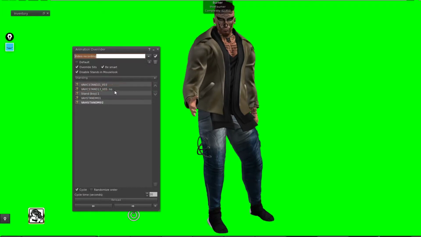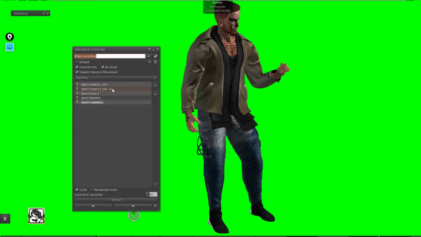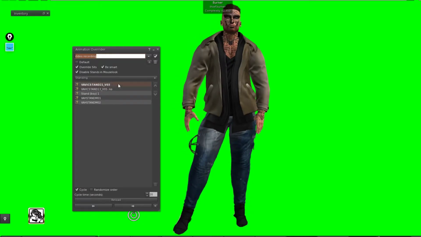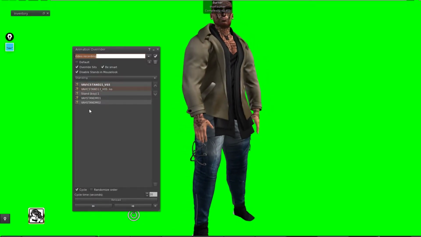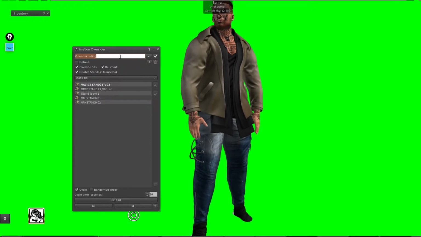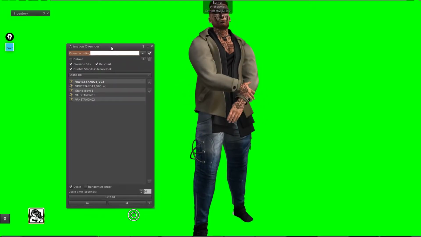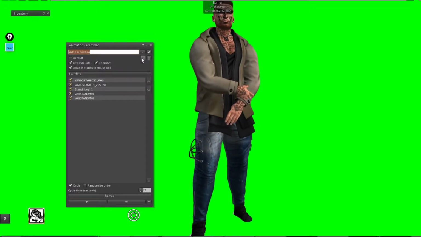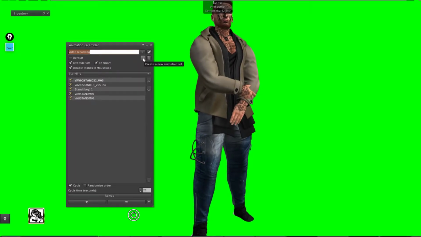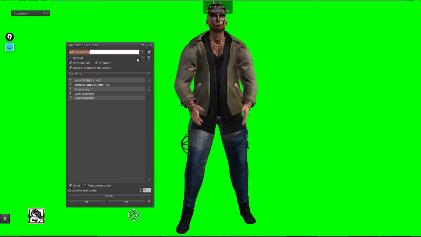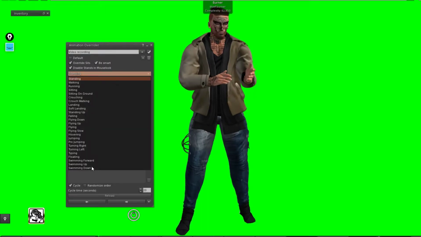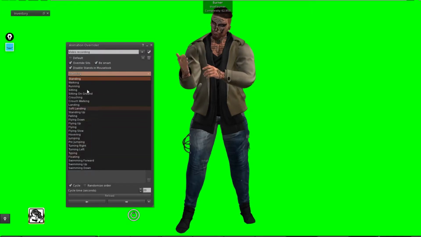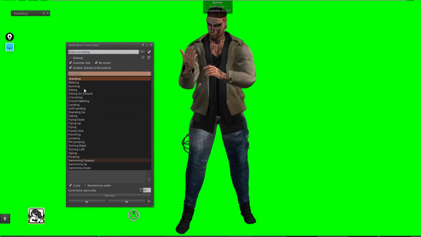I just copied and pasted the animation that I want on my avatar while I record a video. So I just drag them from my inventory and drop them inside this box. I just go through here to create one. If I added a moving animation like a dance, they have the option to do so, but I don't see any dancing here in this